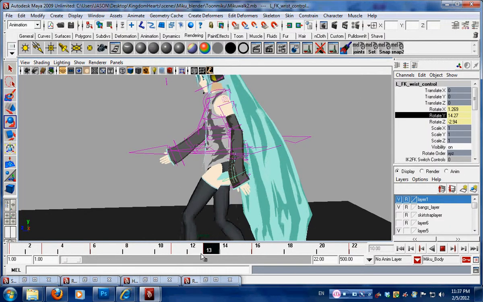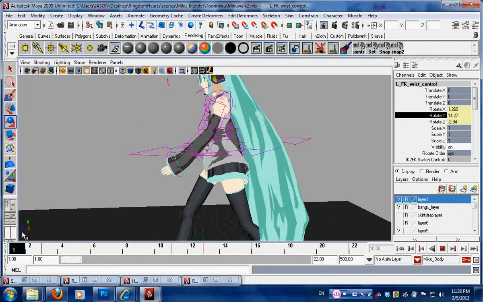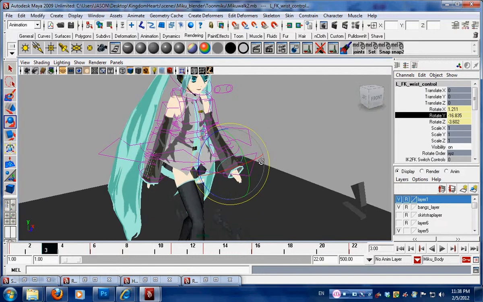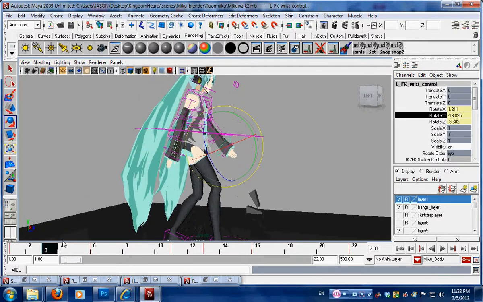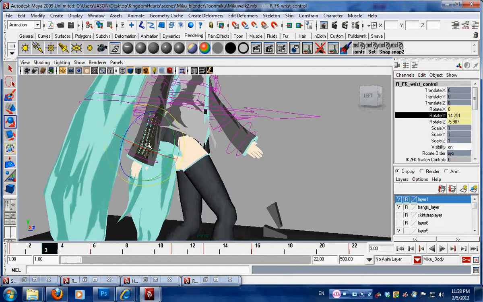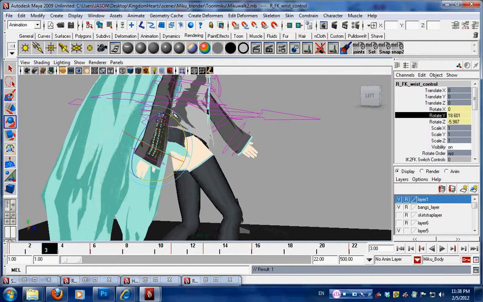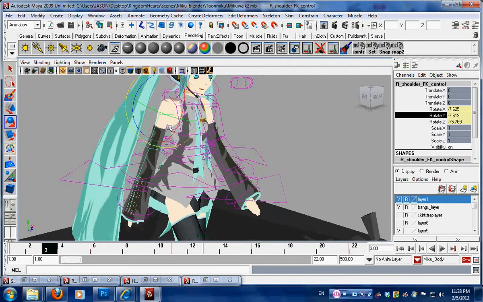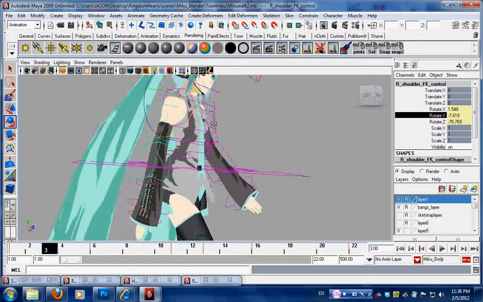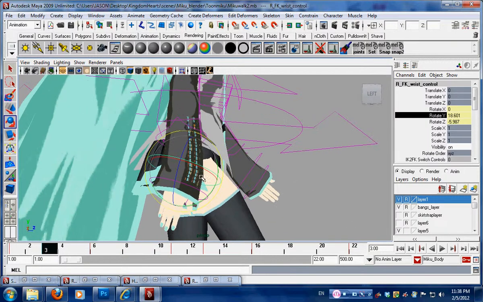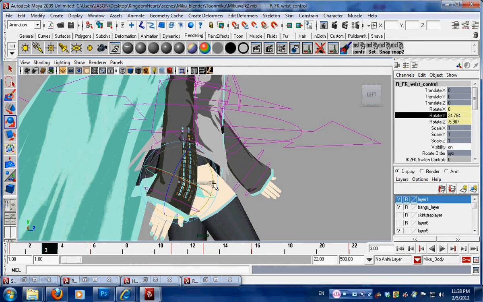It starts to come past the low point. So when we hit that low point is about right there. So yeah, frame 3. All right, so we're going to go ahead and push that there, and we're going to bring this forwards a little bit because it should be a little more forwards at this point. All right, so now as we push this forwards, we're going to get some of that nice overlapping motion,